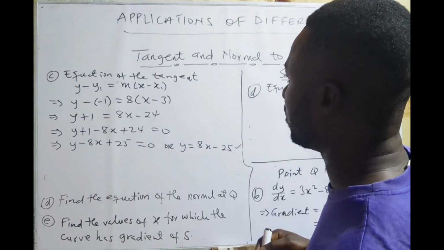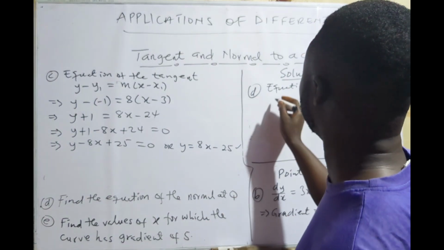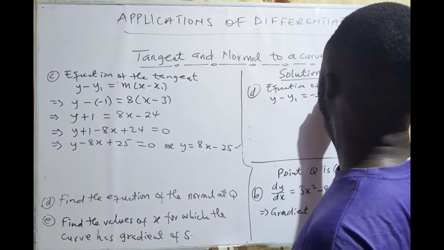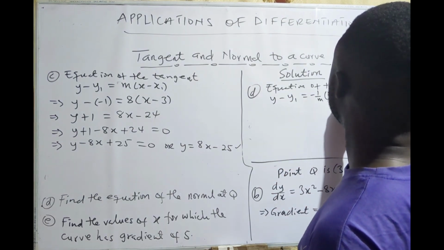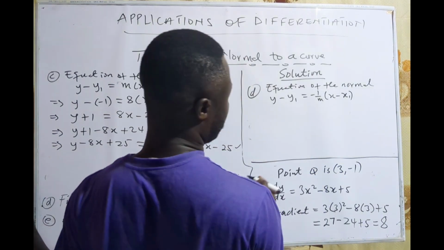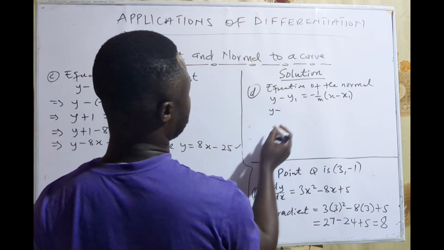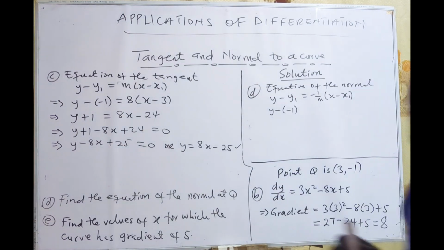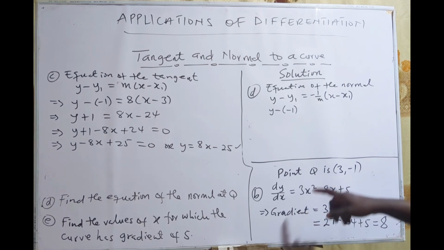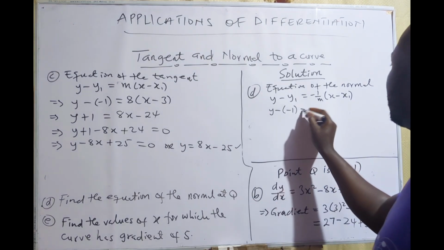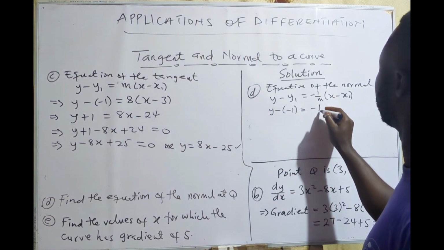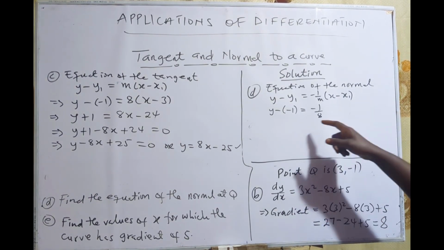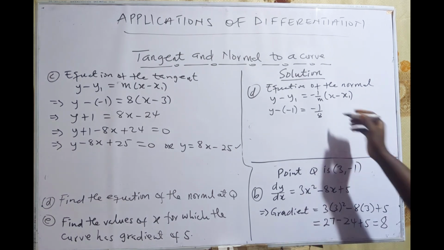So the equation of the normal too, we will have y minus y1 equals m times x minus x1. So y minus, what is our y1? That is minus 1. So take note that the normal too is on the same point Q. Equal to minus 1 over 8. So our gradient is 8, so the normal is the negative reciprocal of the tangent. So minus 1 on 8 times x